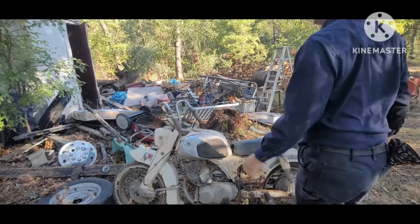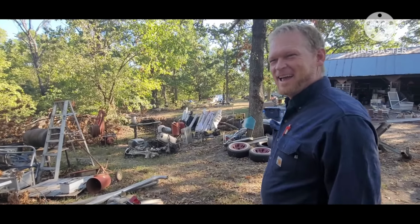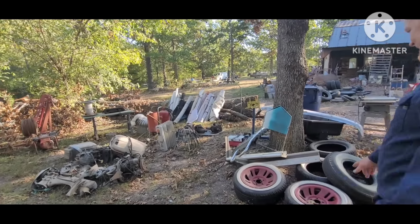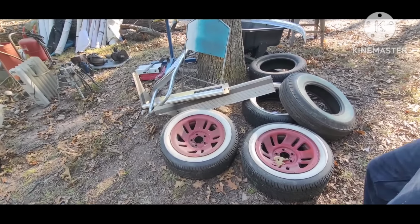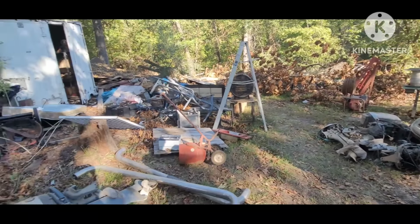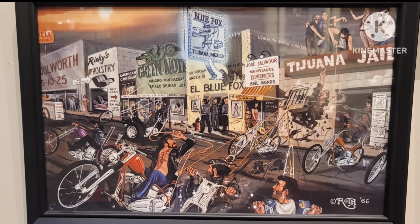You meet the nicest people on a Honda. I don't think you're a bad guy. That was their advertising slogan. I think it was supposed to be like, look at these Ford pickup Ranger, yeah. White walls on. I think the shtick was supposed to be all the Harley guys were rough and...